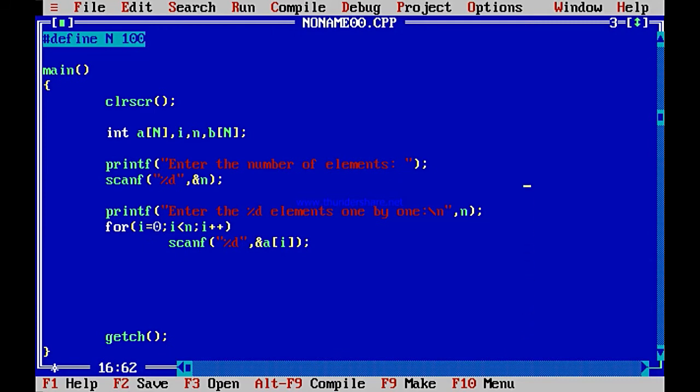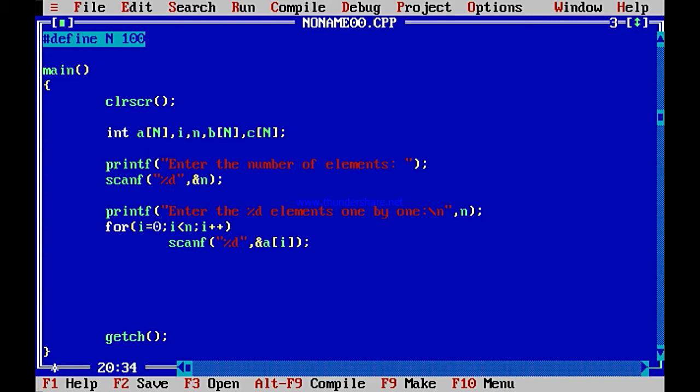See, I need A, I need B, I also need C. So AN, BN, CN. Three arrays we have found. I scan the elements of A. So enter the number of elements, I scan it within A, and then again I enter the elements one by one and scan it within A itself.